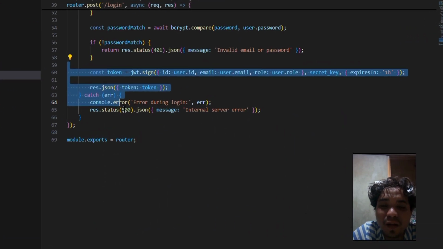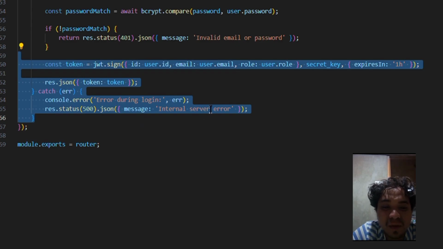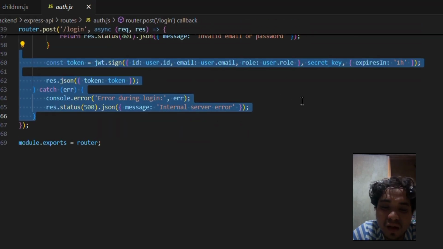We find the user by email, then use Bcrypt to compare the provided password with the hash in the database. And for the token generation, we call const token. Create a token by signing the user ID, email, and role using a secret key, and make the token expire in 1 hour.